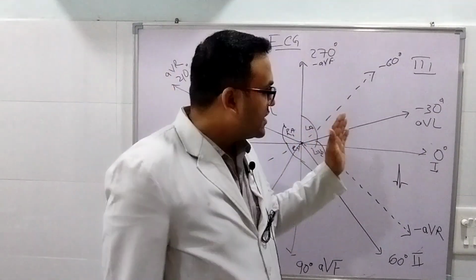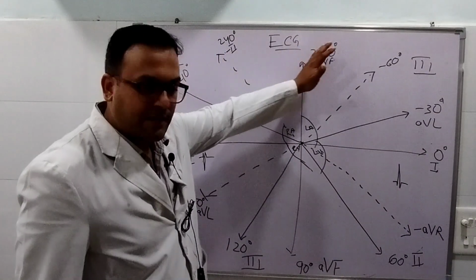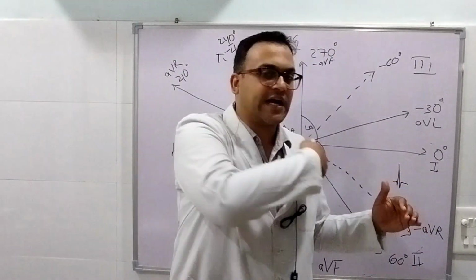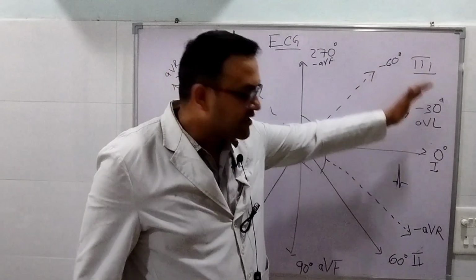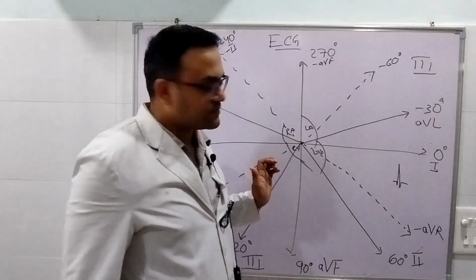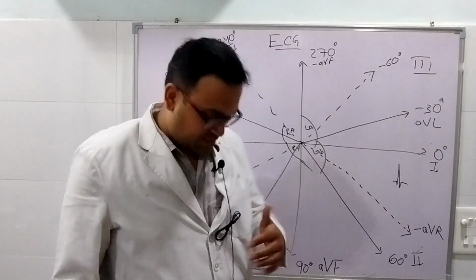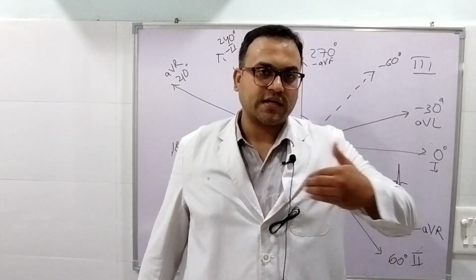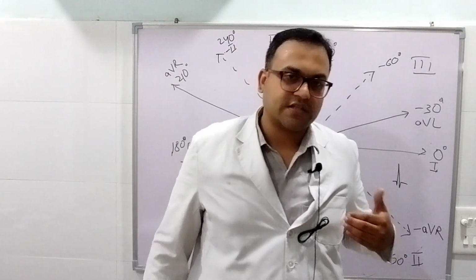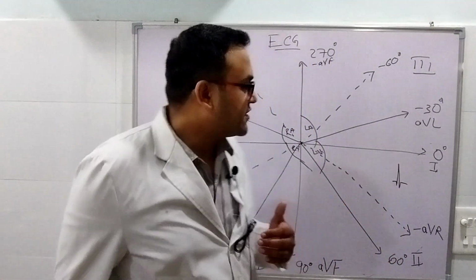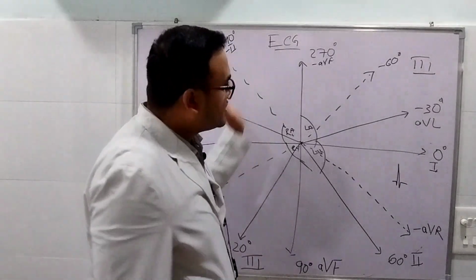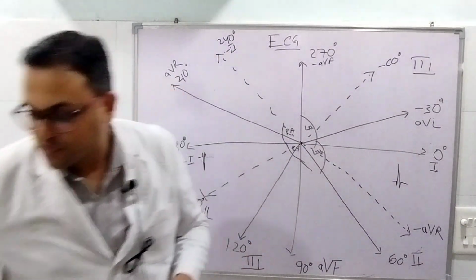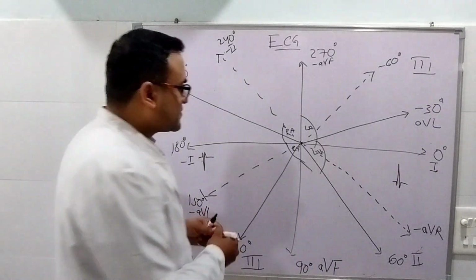So you can see we have placed a camera to look around the heart at every 30 degrees angle. Now this can look around the heart, but not the anterior part of the heart, the anterior wall. We cannot look at the anterior wall with this. So to overcome that difficulty, we have put the chest leads.